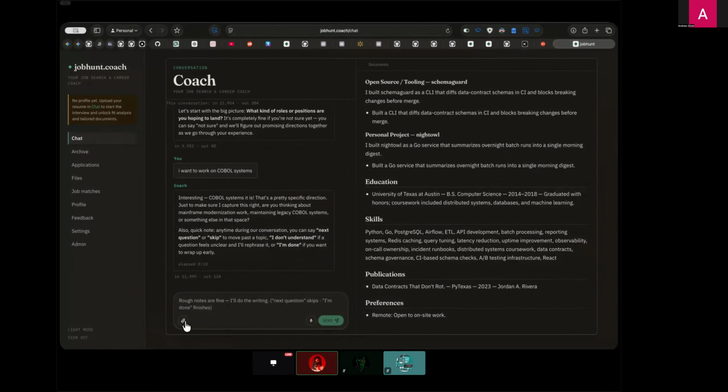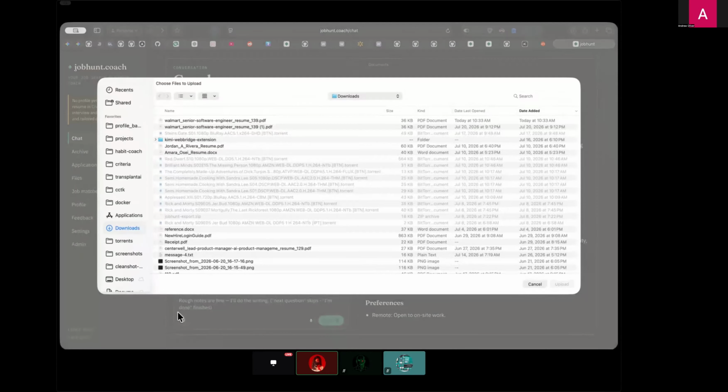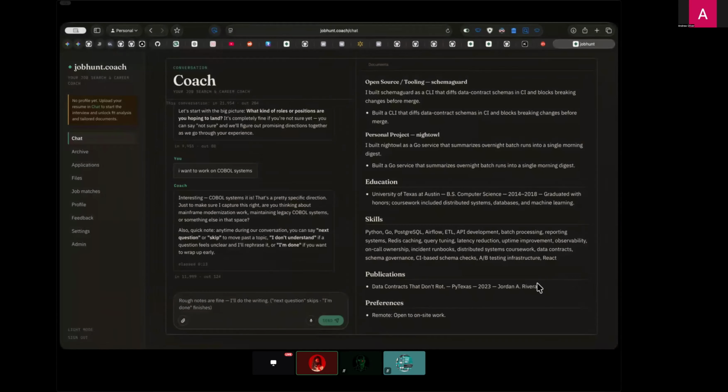So if you have multiple resumes that you want to put in for context, you can give it multiple resumes. You can give it other things like a GitHub README, and then it will know all about the project that you